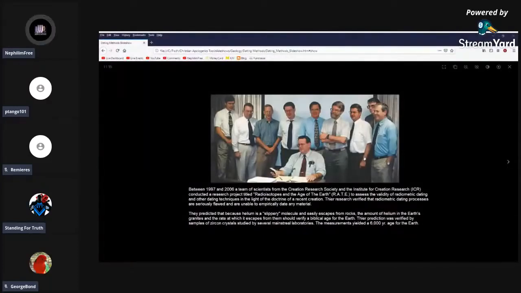So this is the RATE team. These are the scientists that conducted this experiment. And what they did was they went around to various locations. It cost them hundreds of thousands of dollars to do this. They went to various locations on the earth and they collected samples of granite. And then they went back to the laboratories with them, and they arduously and very diligently removed the little granules